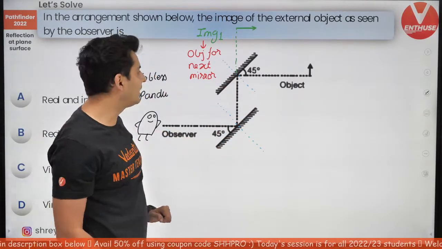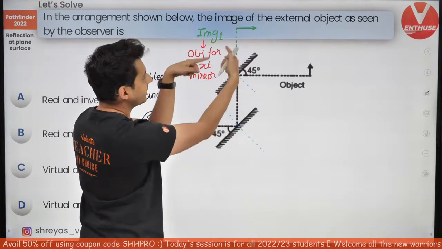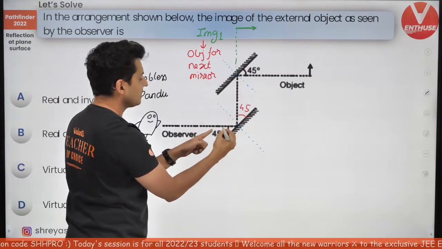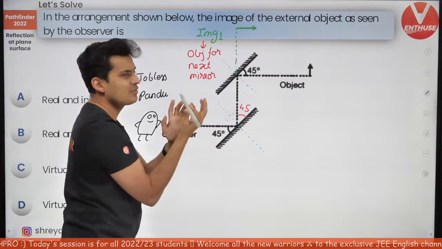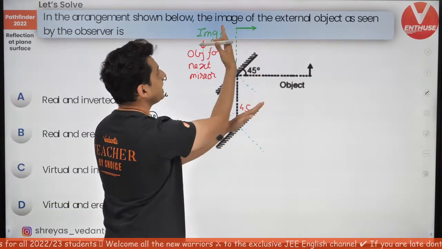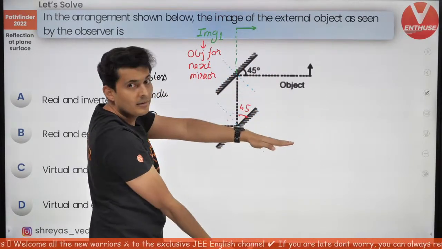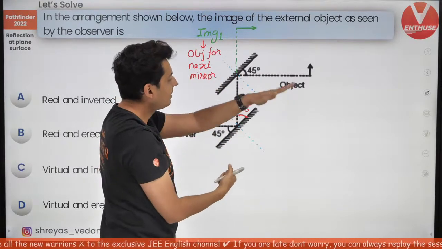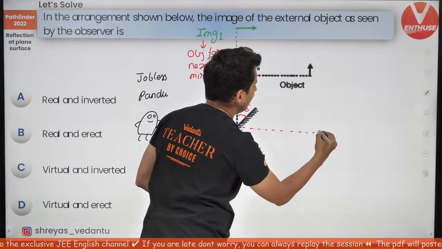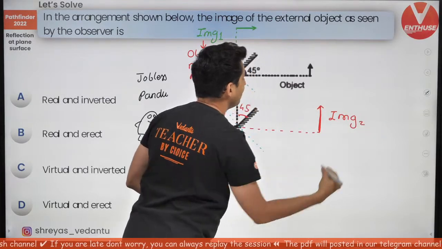Now think carefully. You will see this object for the next mirror. This one is making 45 degrees again, because if this is 45, this is 45, this is 45, this is 45. Obvious, right? So this is also 45 degrees. If the object is 45 degrees in front of the mirror, the image will be 45 degrees behind the mirror. 45 in front, 45 behind, 90. So the image will be formed somewhere over here, right? This will be the image which will be formed by the second mirror.